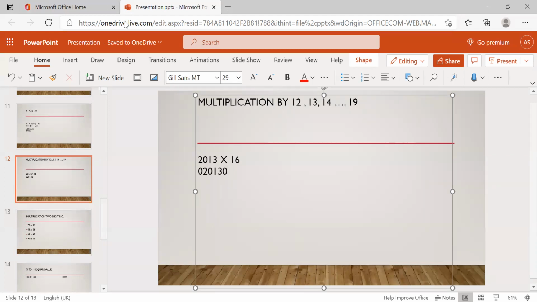So just see, first 2 digits we are adding. In 11 we directly add, and in 12, 13 we add the second number into 2, into 3, like that 4, 5 up to 9. So here 16, the second number into 6. So 3 into 6 is 18, plus 0 is 18. So 1 carry, 8 here. And for these two, the second number is 1. 6 into 1 is 6, plus 3 is 9, plus 1 is 10. So 1 carry, 0 here.